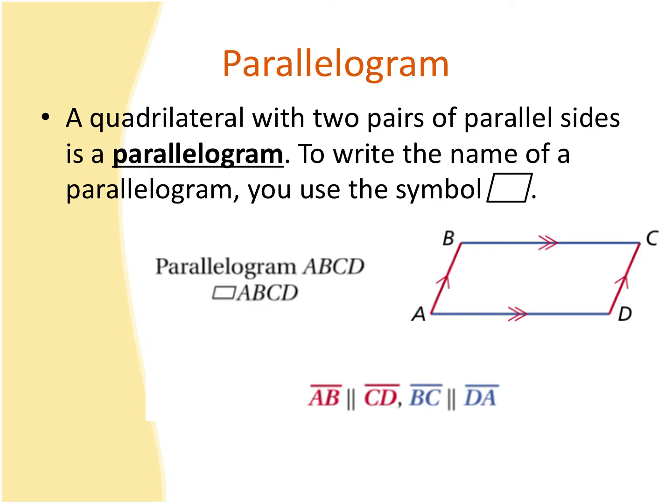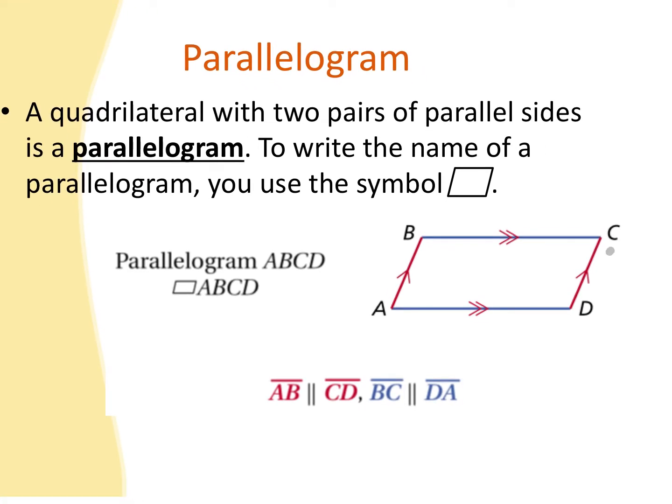Now, the way that you name a parallelogram, it doesn't have to be in alphabetical order like it's listed here. You can choose any starting point and then just make sure you go in order around the sides, either clockwise or counterclockwise. So for example, I could have started over here with angle C or vertex C,